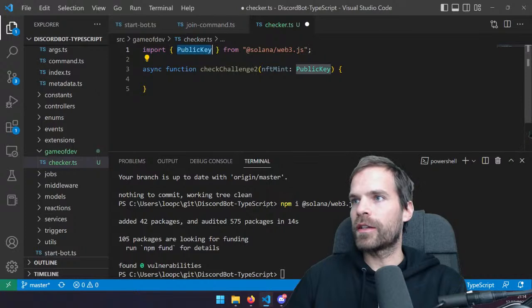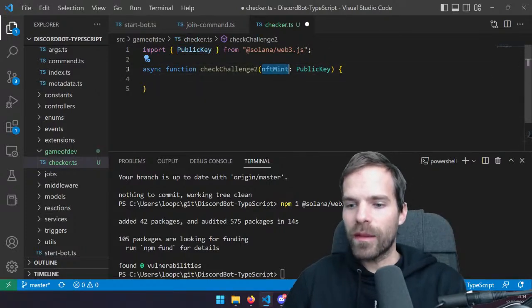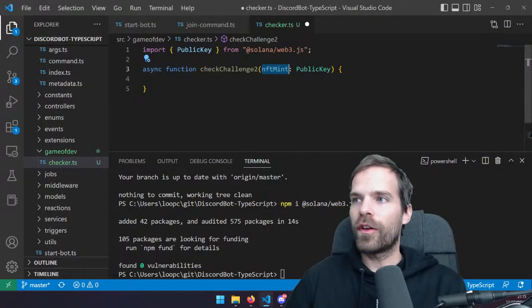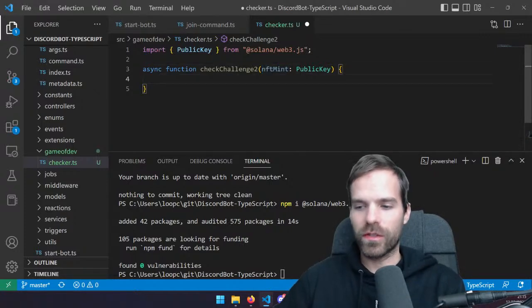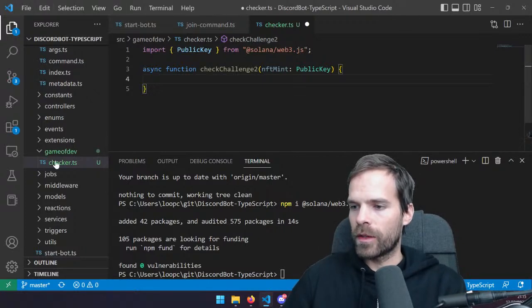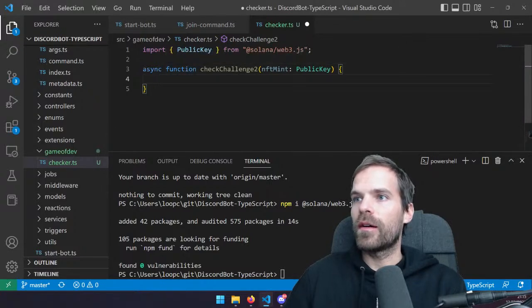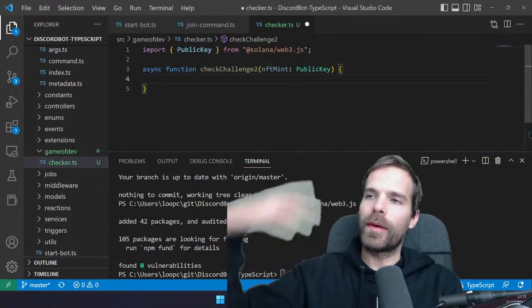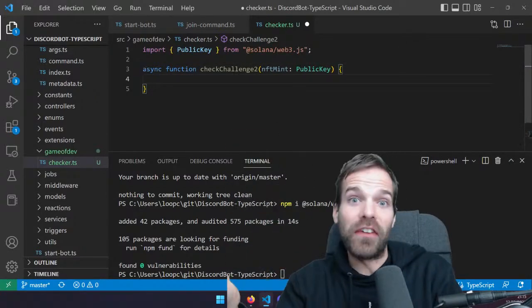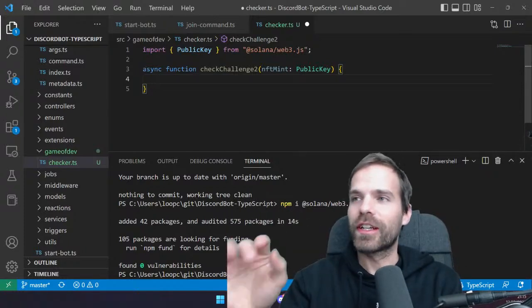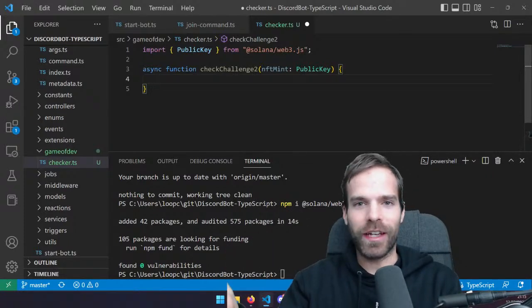So we import that. Cool. We provide the public key of the hacker we want to check. So that's the NFT we want to check. And I want to minimize that so I see the chat. And we now implement the stuff that does the magic to check if that hacker is actually